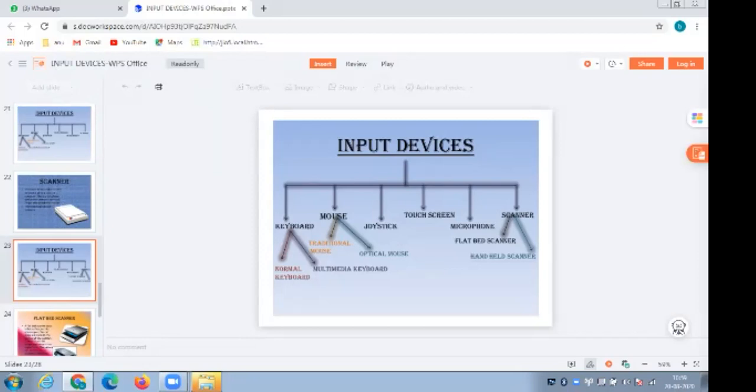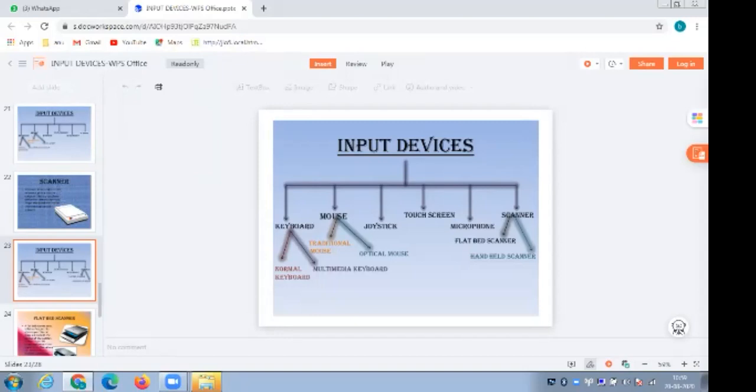Normally the mouse which we have has a right-hand click and a left-hand click and a ball in between. These three are moved by a sensor, and this is called a traditional type of mouse. And if we move the mouse using a laser, that is an optical mouse, which is moved by a ray of light and has to be placed on a flat surface. So these are the 2 types of mouse we are using.